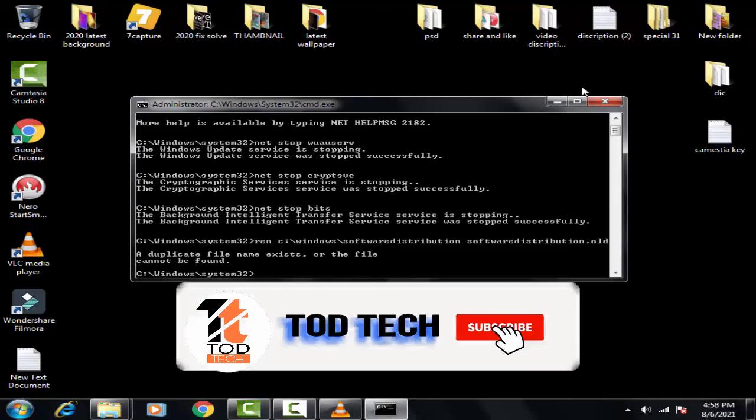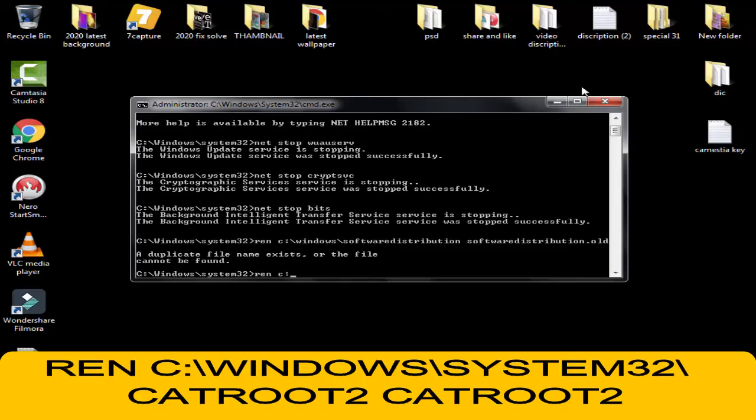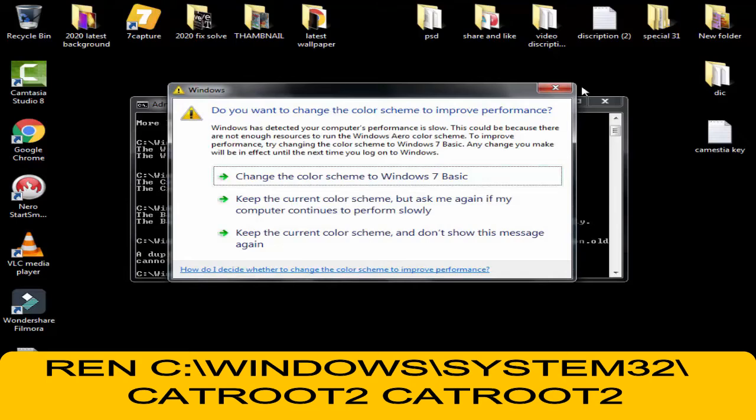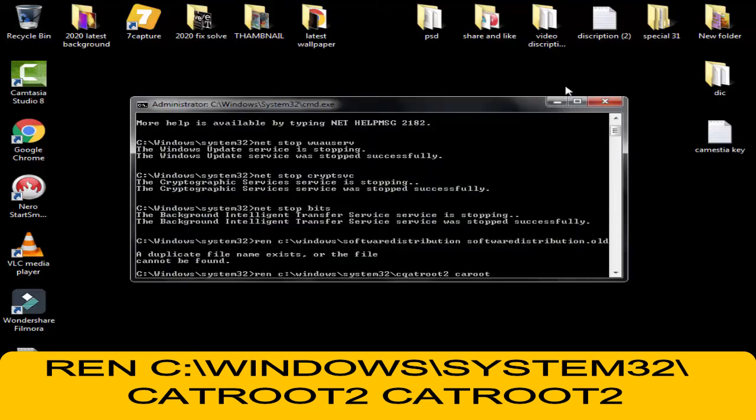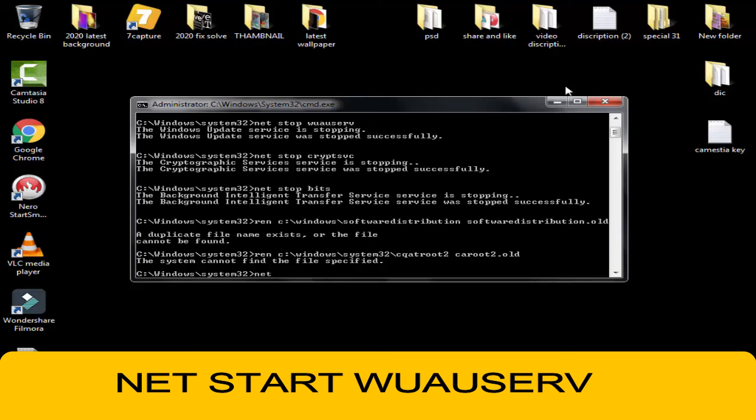Now you have to type ren space C colon / Windows / System32 / catroot2 space catroot2.old, then press enter. Now you have to again start all those things: net start